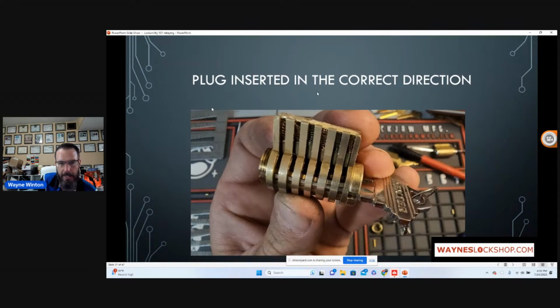Insert the plug into the housing in the correct direction. I always like 90 degrees. Some plugs do not. They have like an egg-shaped back piece back here. And in that egg-shaped back piece back here,